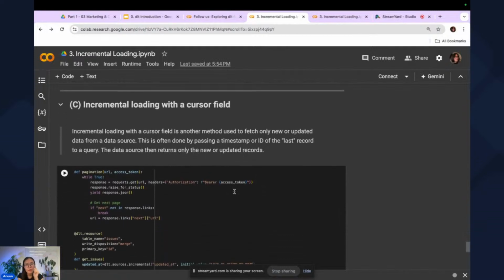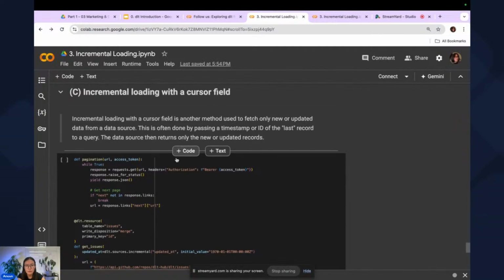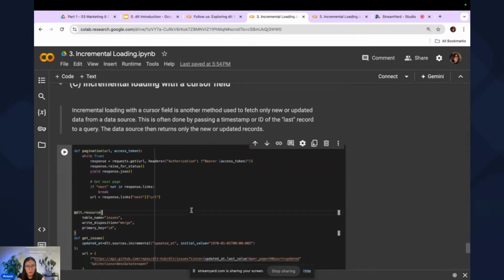Okay. The last part of this current Colab, I'm actually very over time, but this is relevant for the Follow Me Colab, so I'll try to be